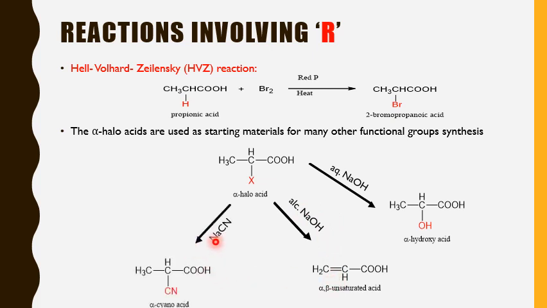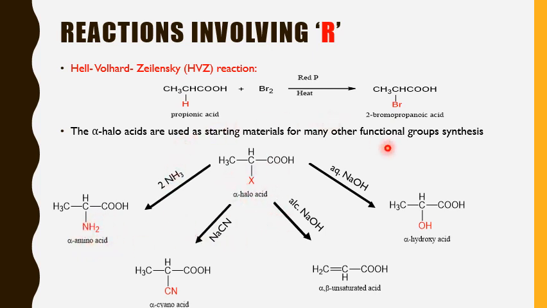And next, with NaCN, sodium cyanide. You can easily expect, since we had substitution of OH, here we will have substitution of X with a cyano group. So this is alpha cyano acid. These are more important for the synthesis of dicarboxylic acids and also amino acids. And finally, we can also have amino acids by the action of ammonia on these alpha halo acids. So directly the NH2 group is substituted in place of the halogen.